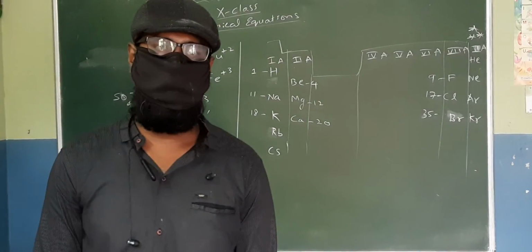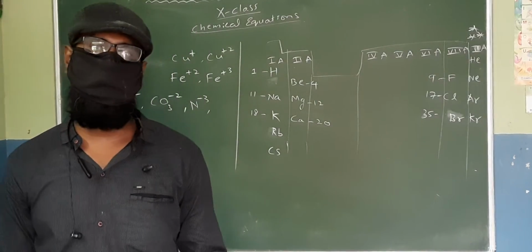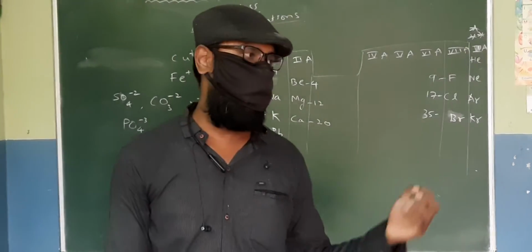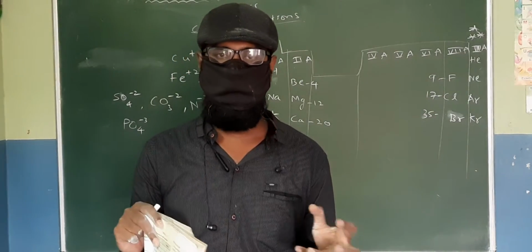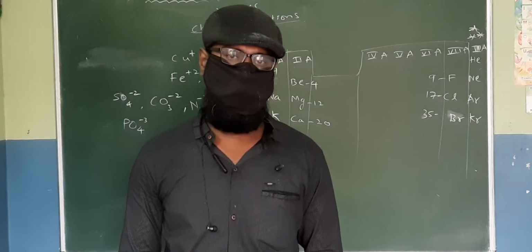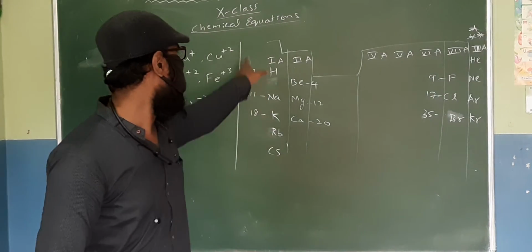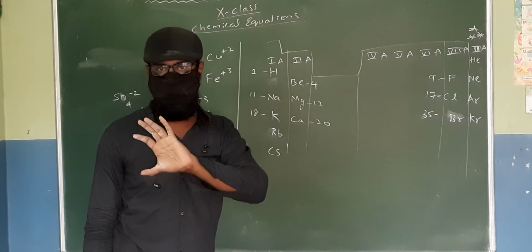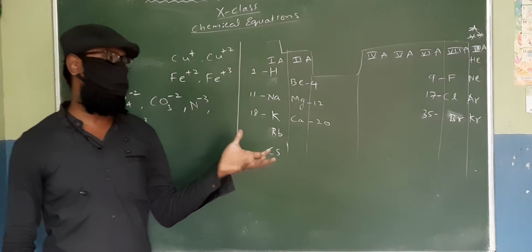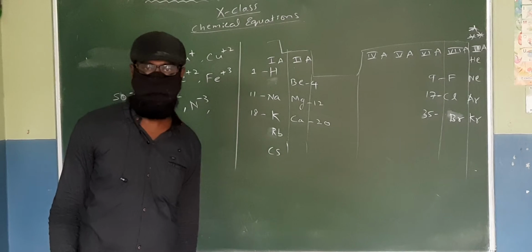Hi students, in the last class we saw about cations and anions. So we have to know the chemical formulas and symbols before we use the chemicals and combine them to write the equations. The chapter is about chemical equations, in which you write how a certain type of molecules are combined with other types of molecules to lead to the formation of new products.